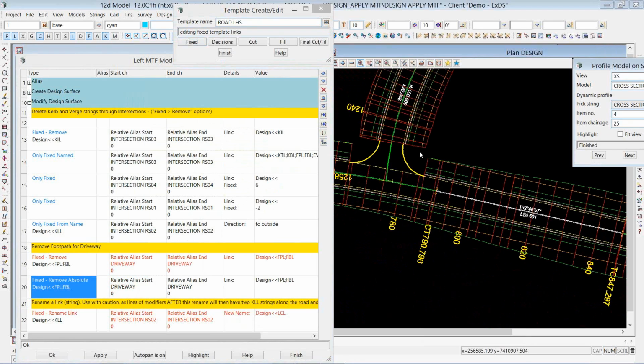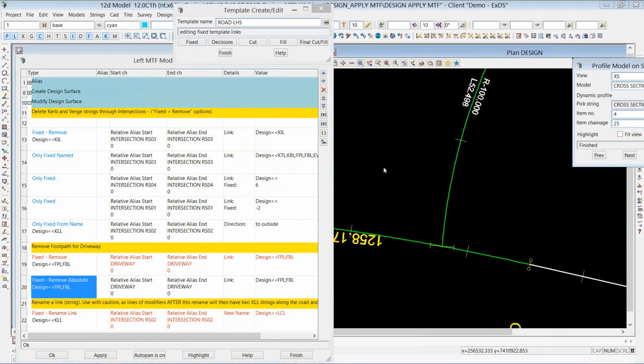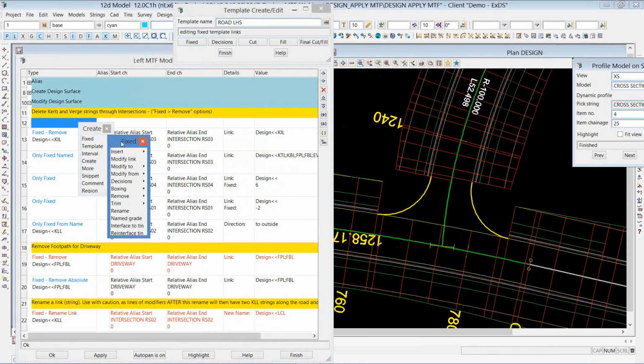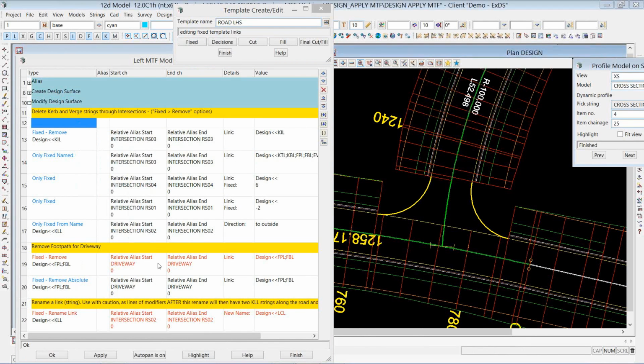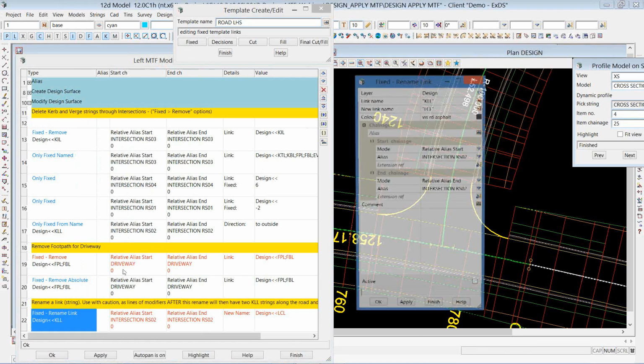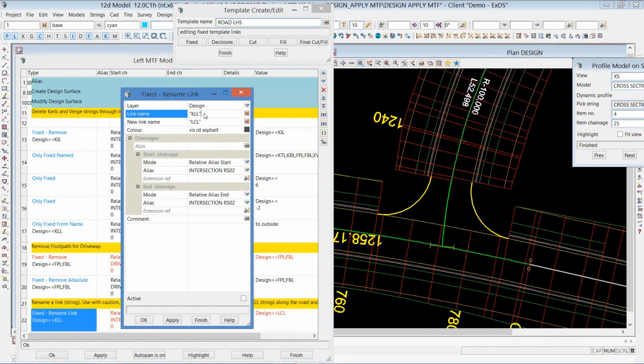The last one I sort of put in the training in the notes here was under fixed, where we've got renaming. You can see it's basically towards the bottom of the list of the fixed modifiers, because we sort of suggest that users do this right towards the bottom of their modification. So it basically is just to make things look pretty, if nothing else, where we can get a string. In this case, I've just nominated the lip of the curb through the intersection again here. I'm just changing the string name. That's all I'm doing. You can obviously change the color as well,